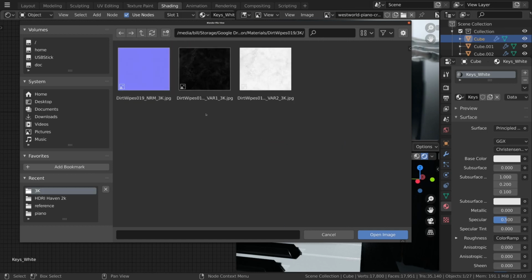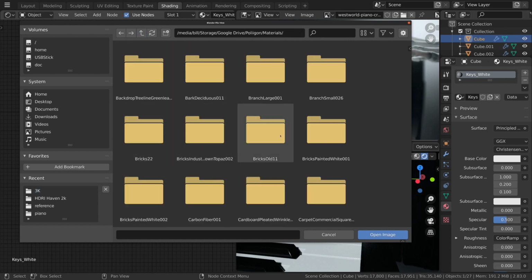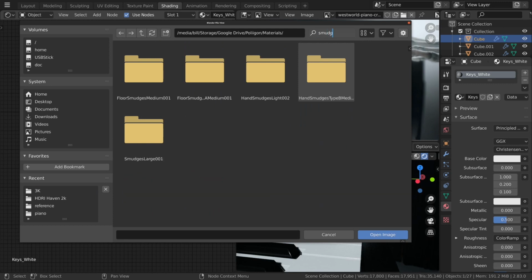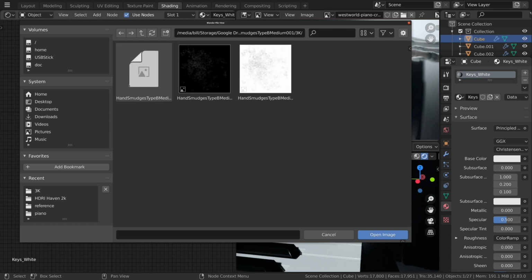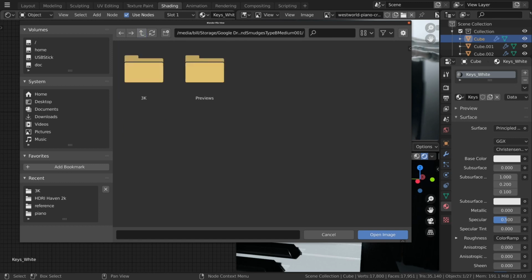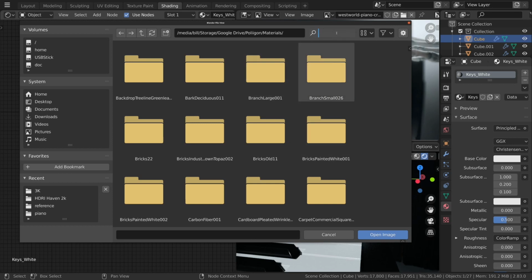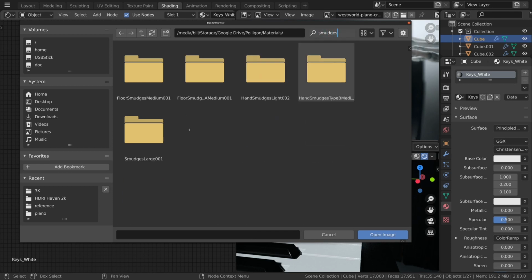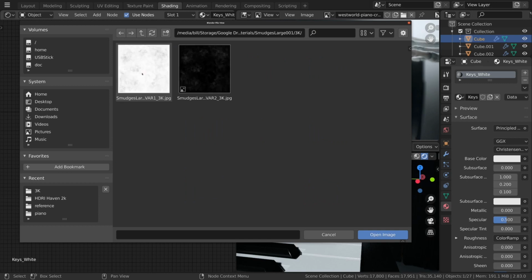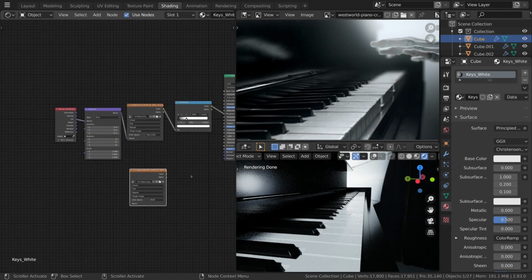Let's have a look at this dirt wipes. Nope. Don't like it. What about smudges? Hand smudges. Type B medium. No. Don't like it. Hand smudges, or just smudges large. Yeah. I might actually use both of these. Well, first I'm going to start off with the roughness and just duplicate what we've already